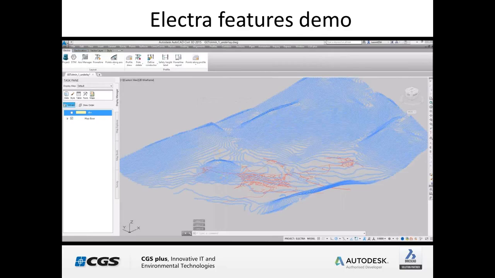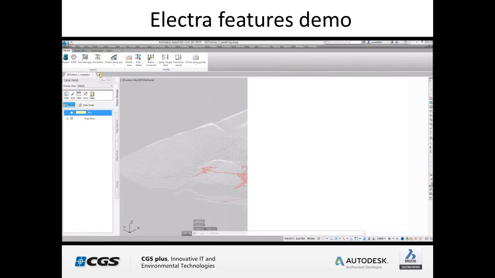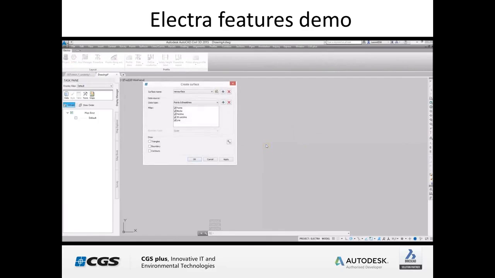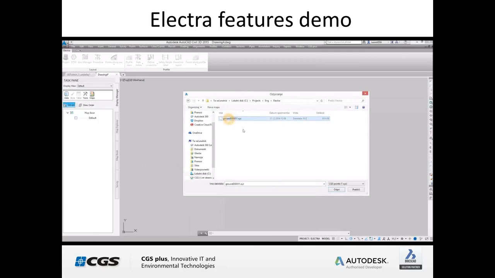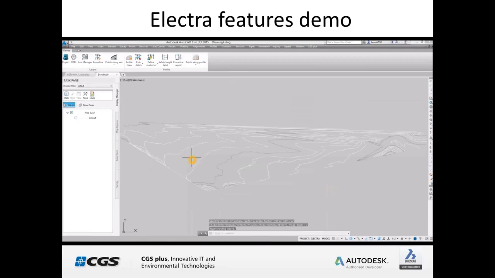We just start a new project, and here I've prepared one terrain just to show you how this digital terrain modeling tool can be used. It's just an example. So we will create a new surface, and I will use an external file which has X, Y, and Z data. Just click OK. So select that contours will be presented, click OK, and in a matter of a second or two, the terrain